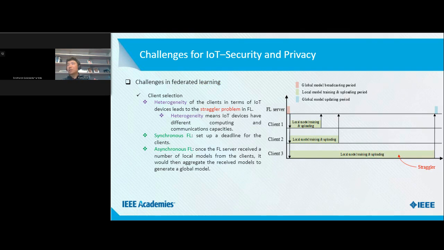So there are some potential open research topics in federated learning. The first problem in federated learning is client selection: how to select suitable clients to train the machine learning models. Due to the heterogeneity of the clients in terms of IoT devices, different clients have different latency to train and upload their local models. So here the heterogeneity means that